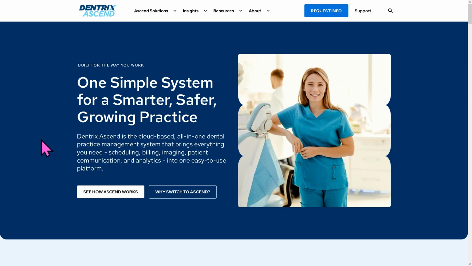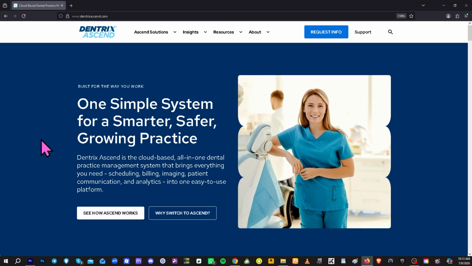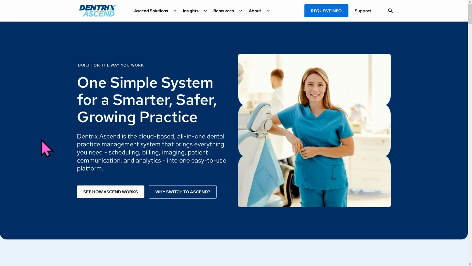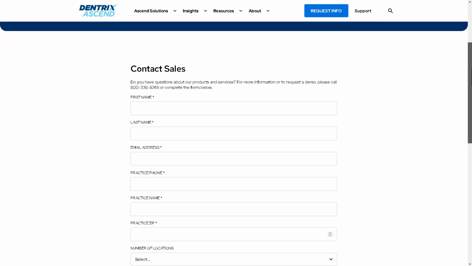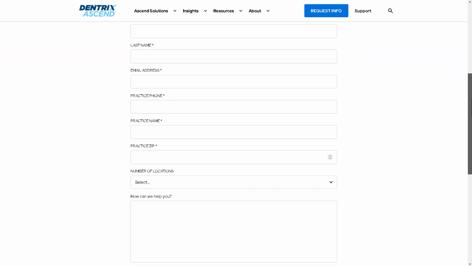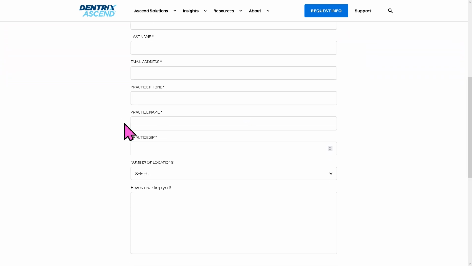Now, if you visit the official Dentrix Ascend website, which is www.dentrixascend.com, you will immediately notice that there isn't a traditional sign up or create button that you would find on most software platforms. Instead, you will see an option such as request information. This is because Dentrix Ascend isn't a one-size-fits-all subscription service. Basically, their team works directly with each dental practice to understand its specific needs before providing the pricing and implementation